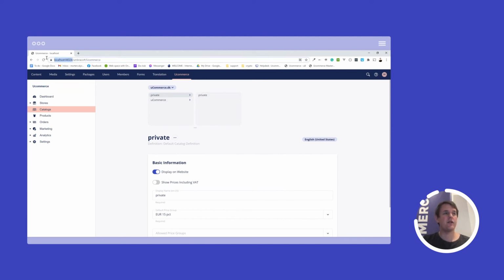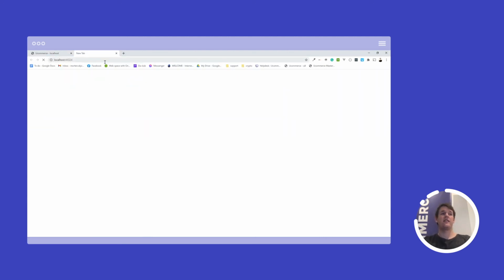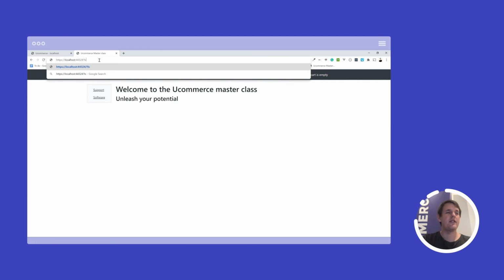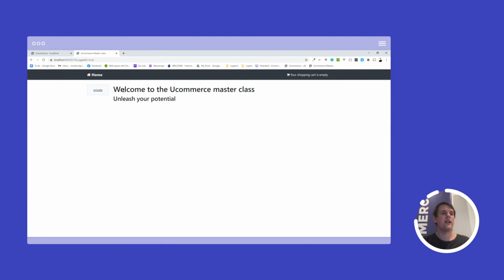If I request my storefront again, I will still not see private, and the reason for this is of course that my business logic is not accepting the current state of the application, so to speak. So let's try to pass in isLoggedIn equals true. Ta-da! Now we actually see the private category instead.